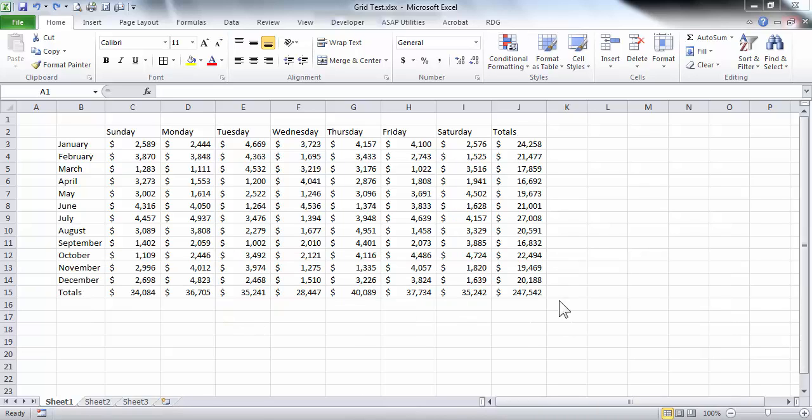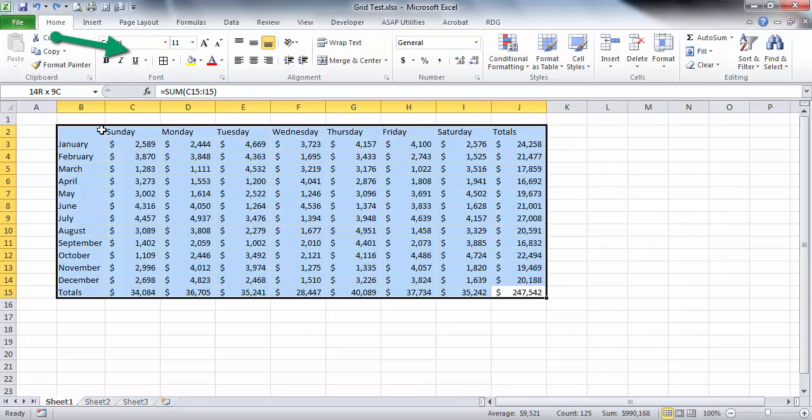This is Brian with Alpha Training, and in this week's tip, we're going to learn how to use the Draw Borders tool in Excel. Now, for most people, drawing borders is a simple act of highlighting a series of cells